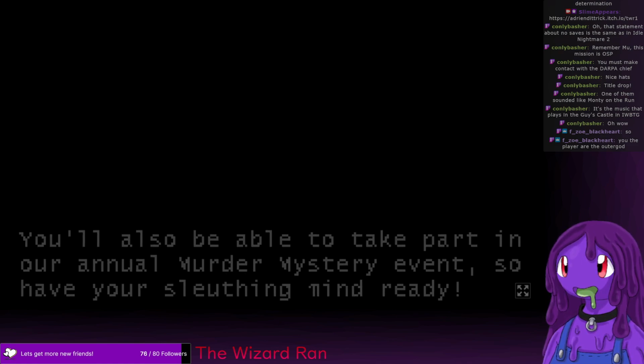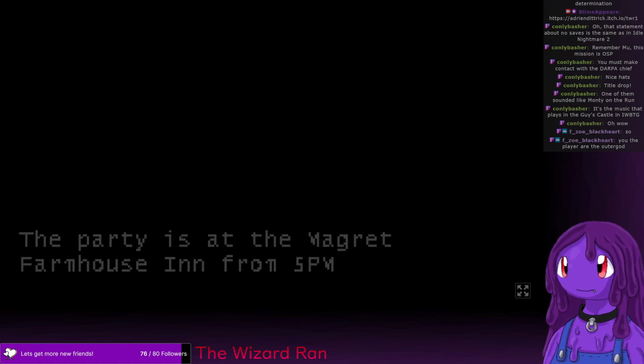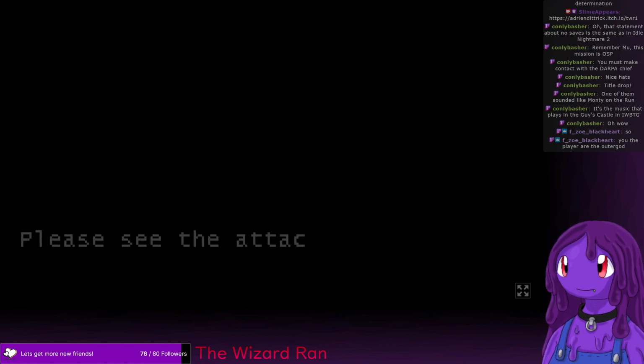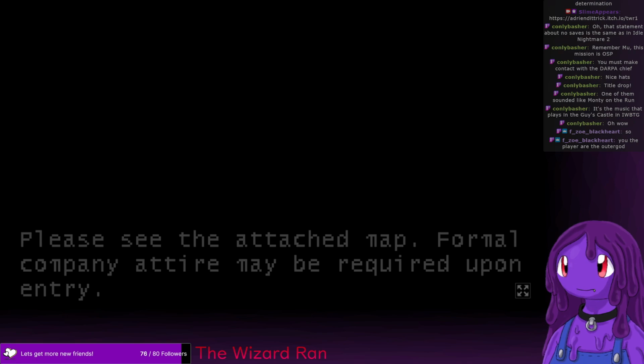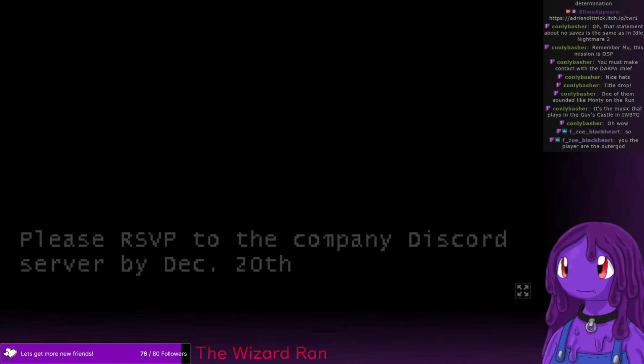You'll also be able to take part in our annual murder mystery event, so have your sleuthing mind ready. The party is at the Magritte Farmhouse Inn from 5 p.m. to 5 a.m. Please see the attached map. Formal company attire may be required upon entry. Please RSVP to the company Discord server by December 20th.